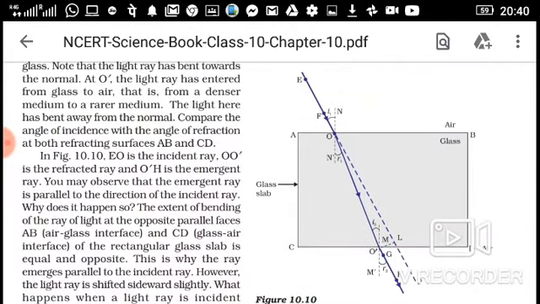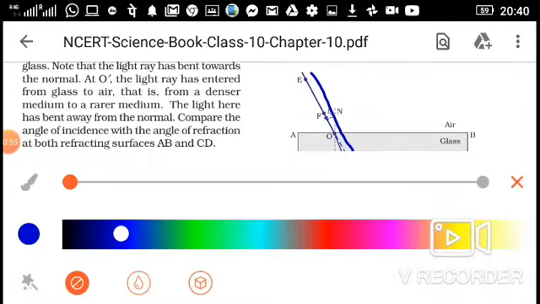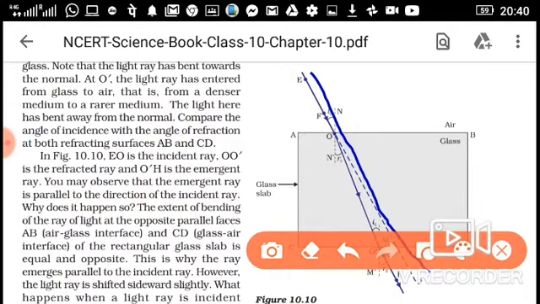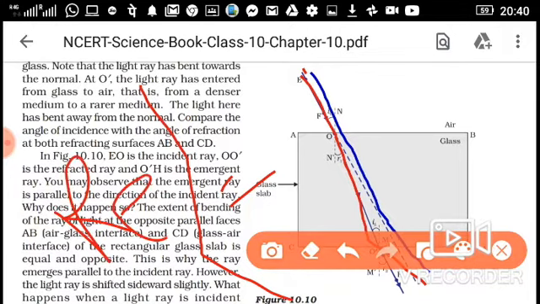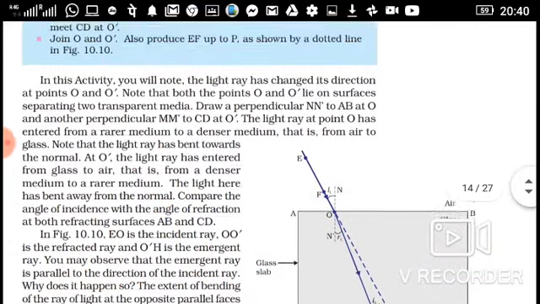Okay, so here you see the light. Just mention this red line. You see the light comes from air and then it bends slightly and then it again bends. You see this red line? Like this, from air, then glass slab, then air, it bends. This bending of light is called refraction.